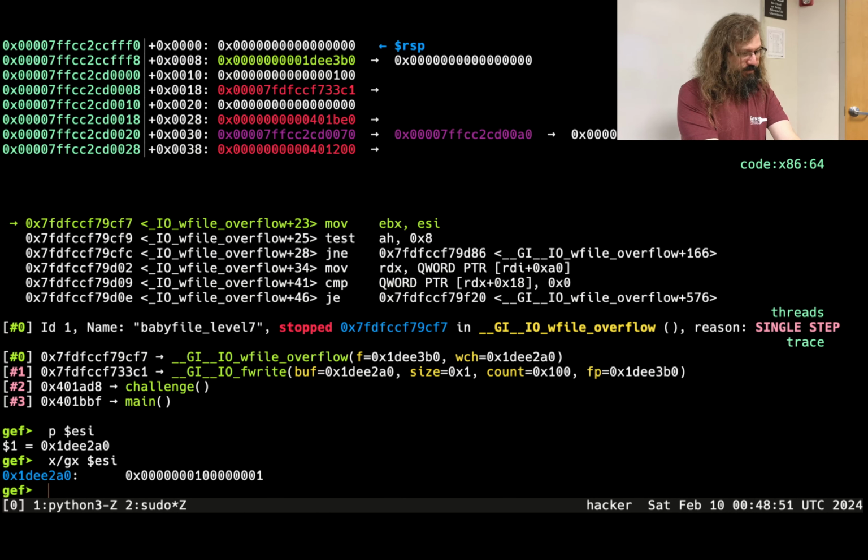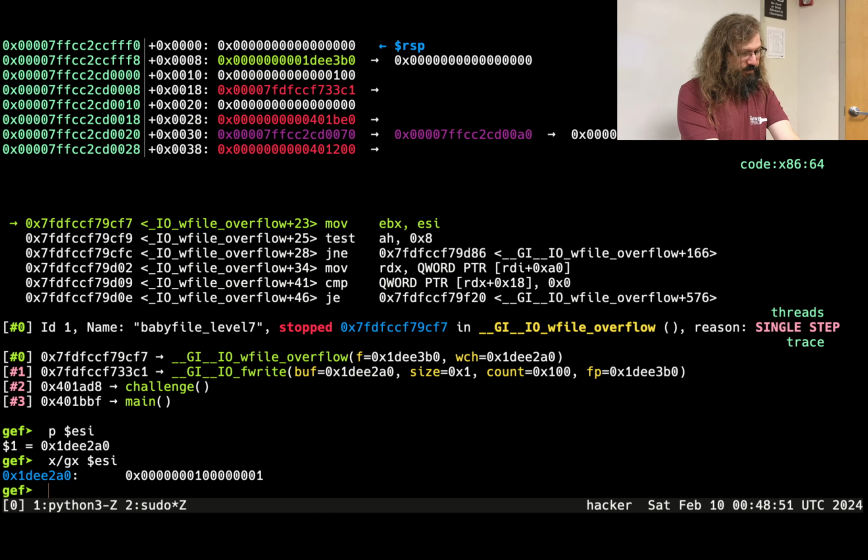I think that's the pointer to the wide data. 160. Can we use the fancy string until? Except I don't want wide data, I want the thing right before it. Code CVT. It is. Cool. Alright. So what we're doing is we are moving the value that is the wide data into